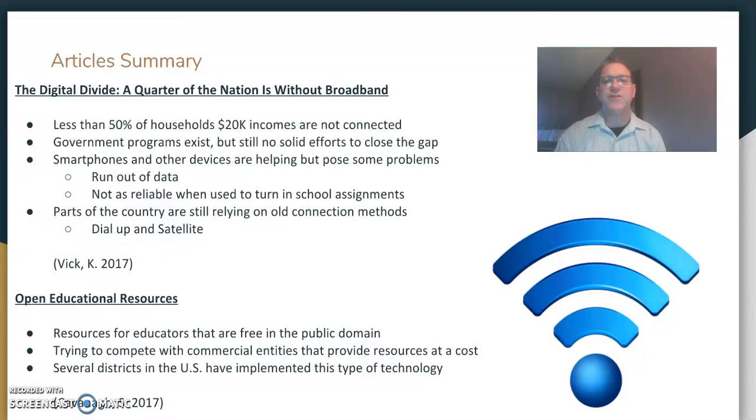Also, there are still parts of our country that are still relying on old connection methods to the internet, such as dial-up and satellite. The last and final required reading was about Open Educational Resources, and this is an organization